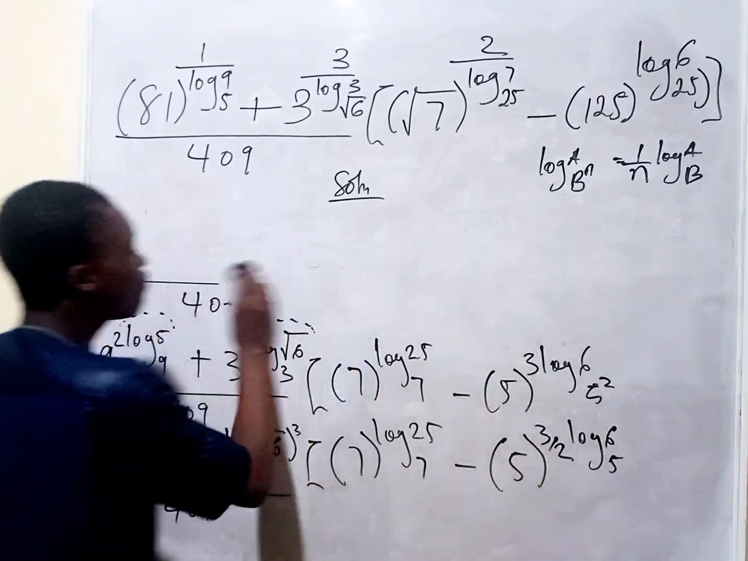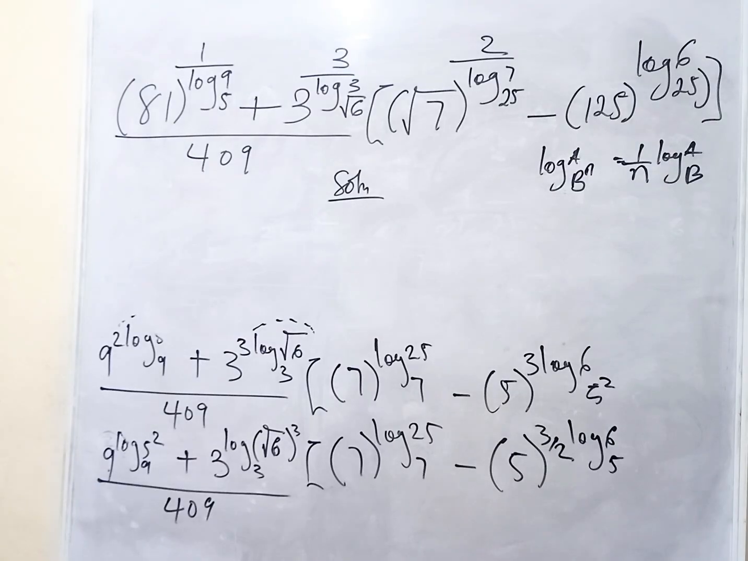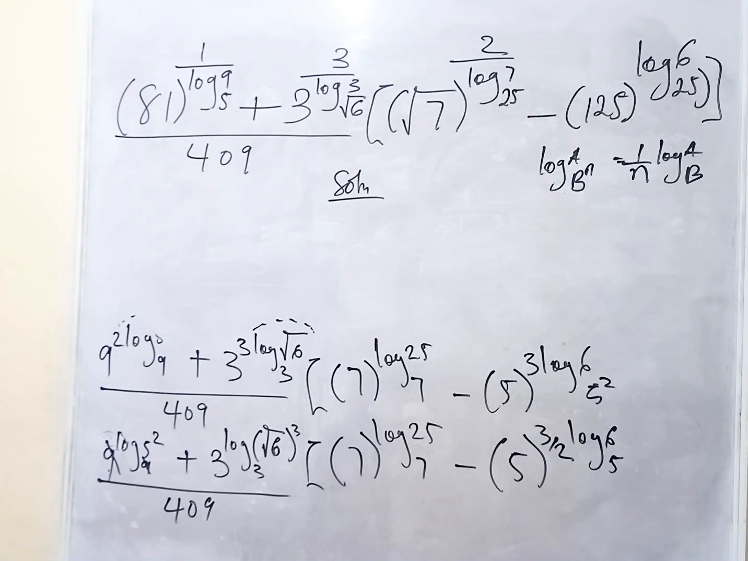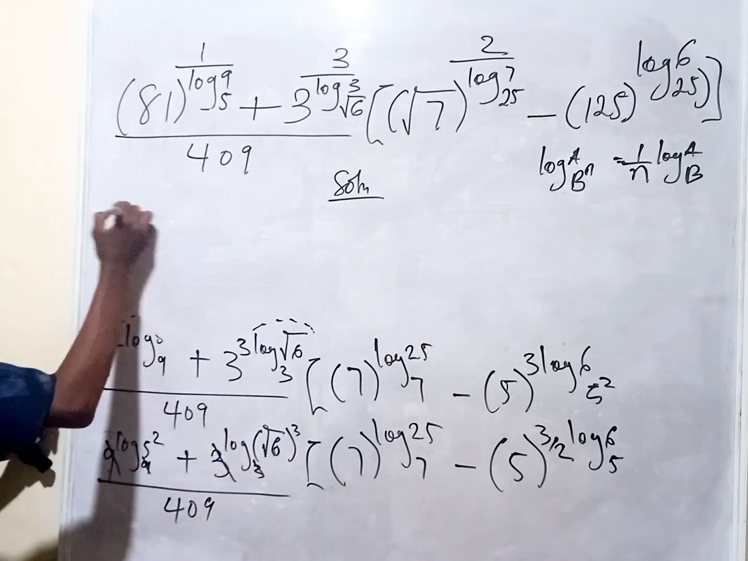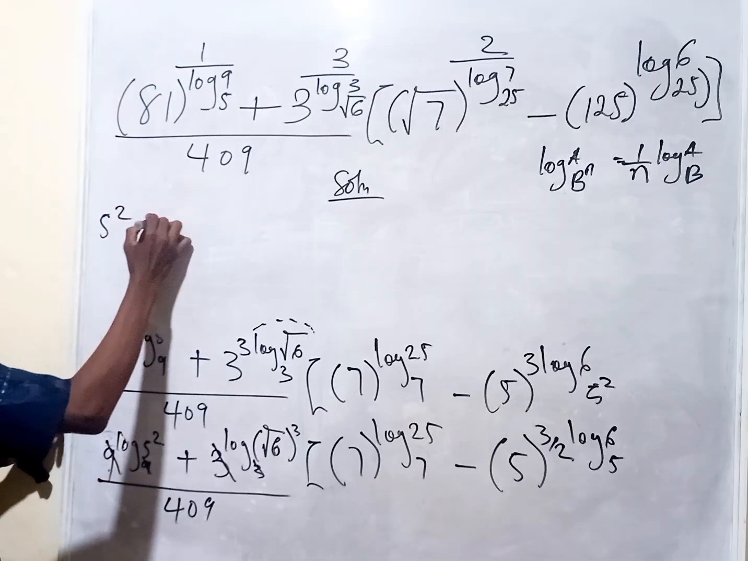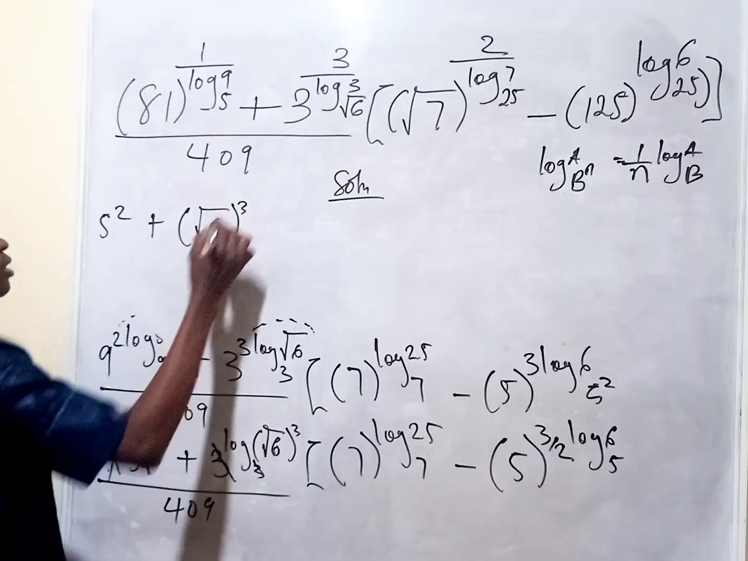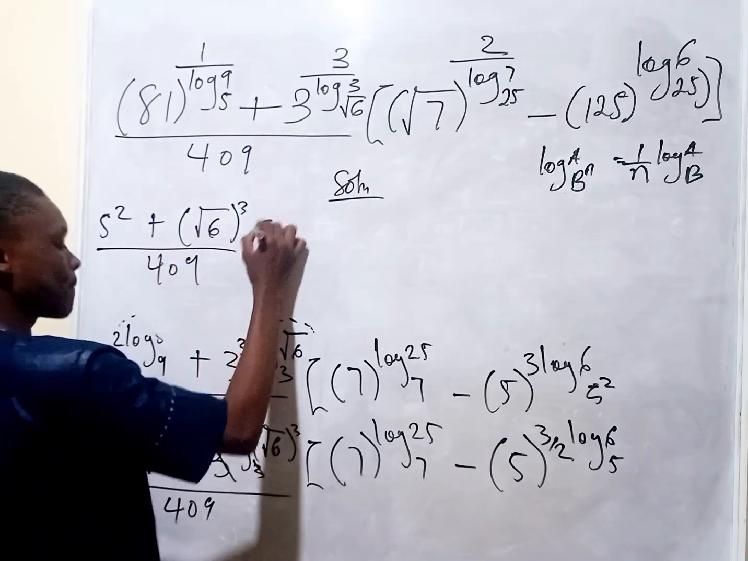All right, let's go. So from here, clearly we can see that this base here can cancel out this base. Hope you see that. The base here can cancel out this base. And clearly this base also can cancel out this. And what do we have? We have 5 squared plus this one now, the square root of 6 all cubed, all divided by 409